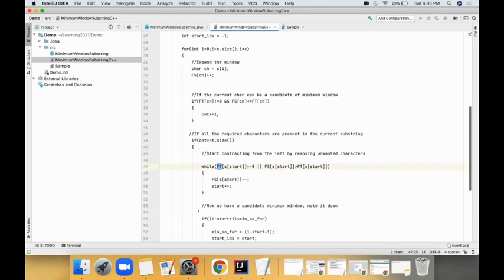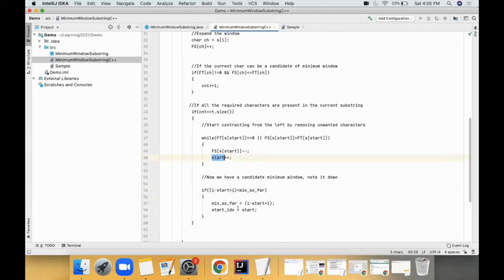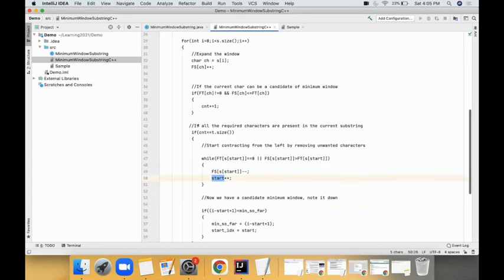In those cases, my length is I minus start plus 1, where start is my starting point and I is my ending point. If it is smaller than the minimum so far, which starts as a maximum value, then I keep that as the minimum. Next time also, I will try this again.